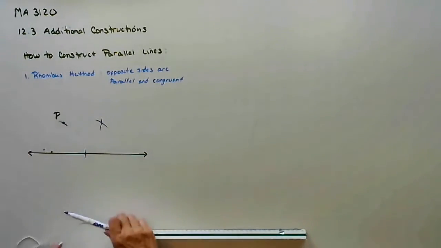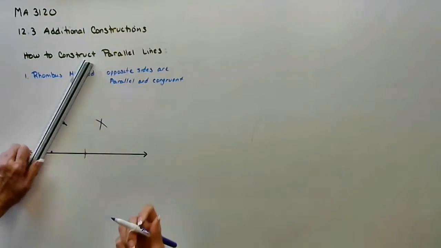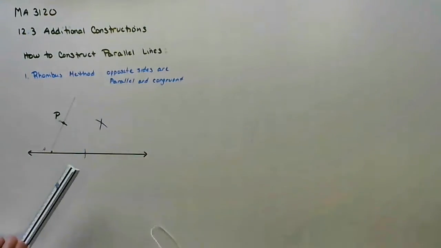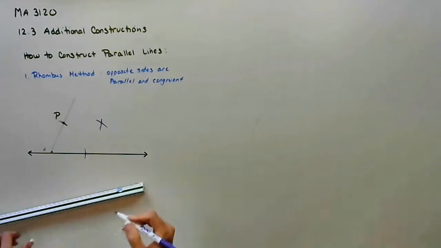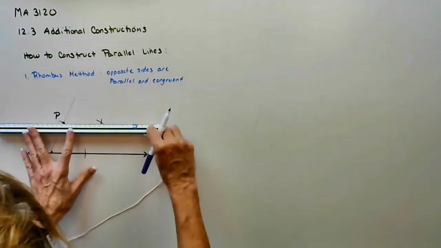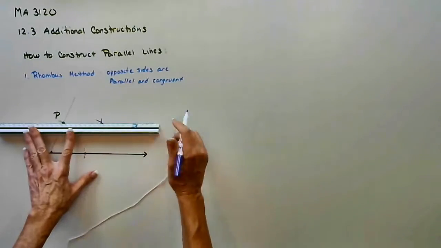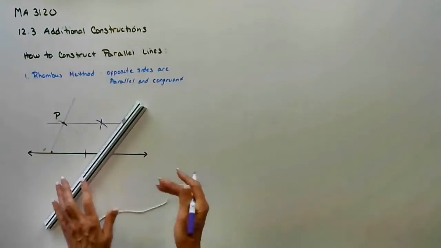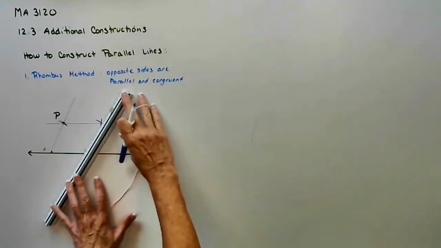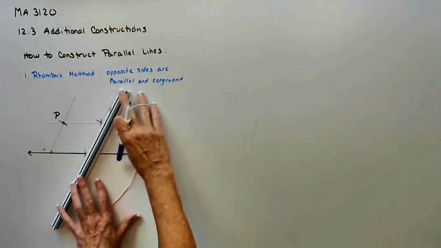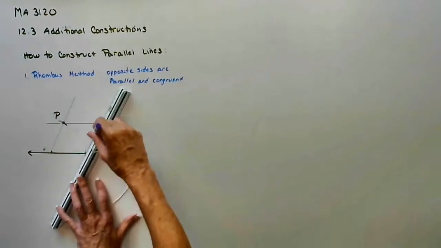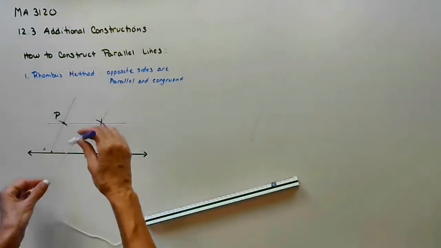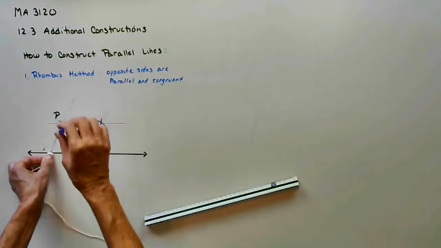And what we have created now, I have a line segment going through the two points. And if I connect that vertex with our point of intersection, and if I connect that point of intersection with our other point where we swung the arc, you should notice that when I opened up this compass to this certain distance,